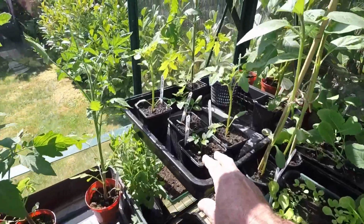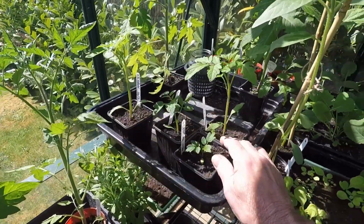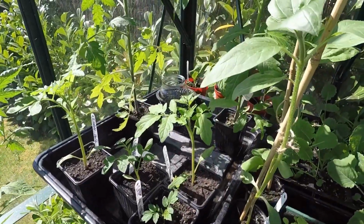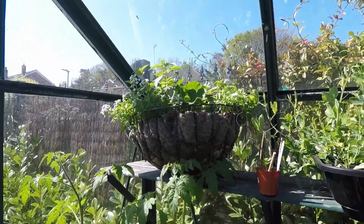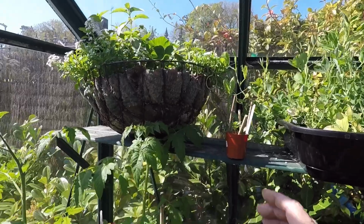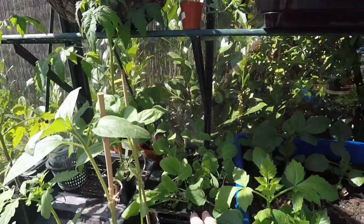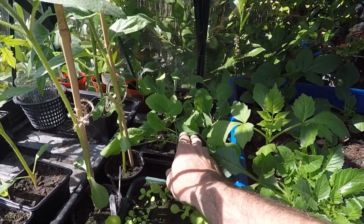Over here, once again, in the foreground, we've got a couple of Shirleys there, and these are a couple of Santinis, and over the back, a couple of Alicantes. The big basket needs sorting out. The little fuchsia can be repotted now. The swede at the bottom here, this can go in. This needs doing,